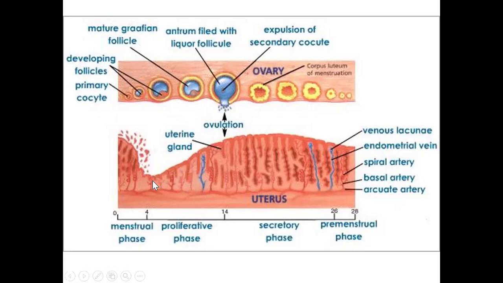And in the next cycle again, with the help of estrogen, there will be an increase in the thickness of the endometrium through the proliferation, through the increase in the stromal and epithelial cells. And there will again be an increase in the blood vessels, an increase in the glands, an increase in the secretion, and the cycle will repeat itself.